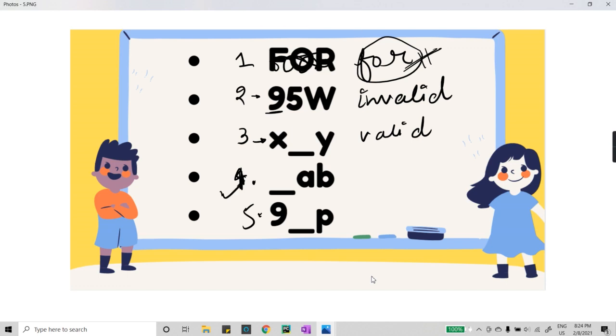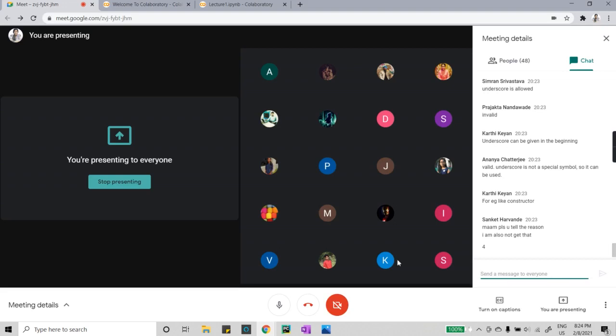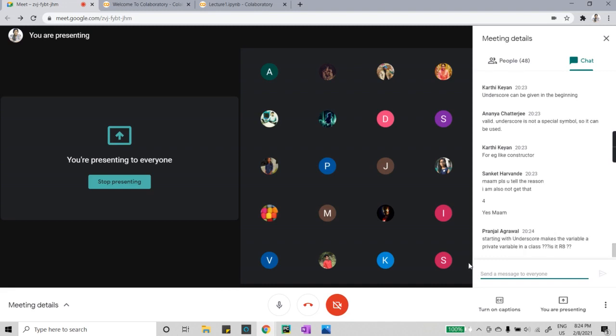So this is a valid identifier. Now, is this clear to you, Sanket, and to the ones who were a little confused about valid and invalid?